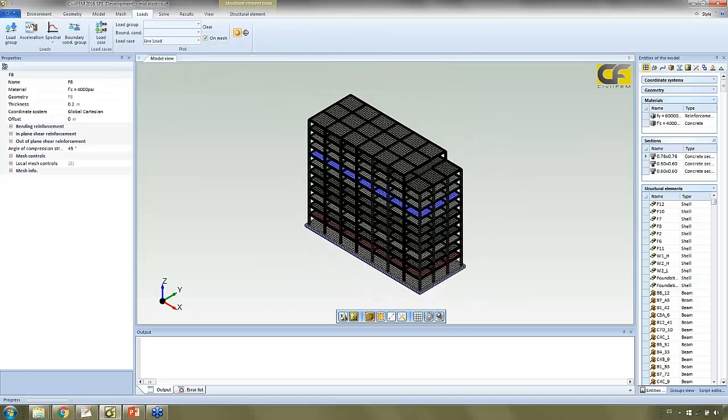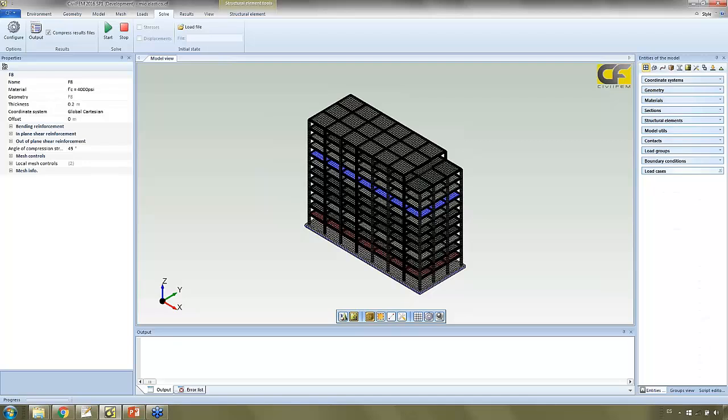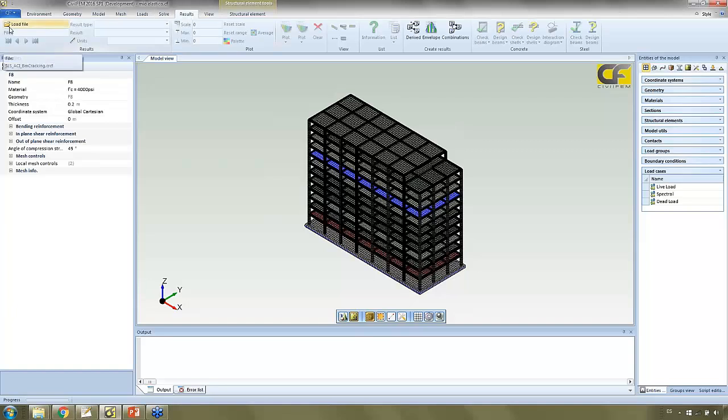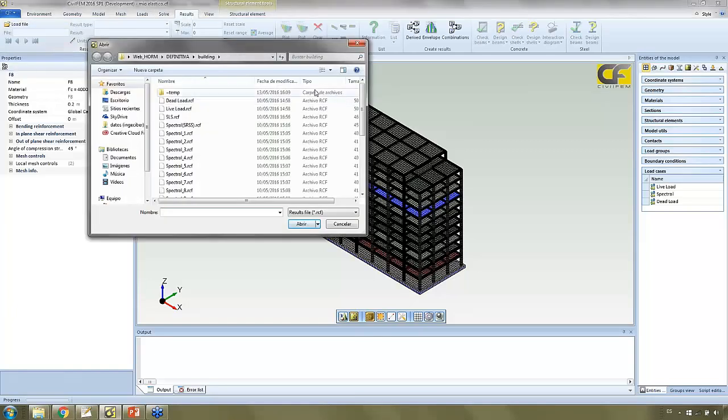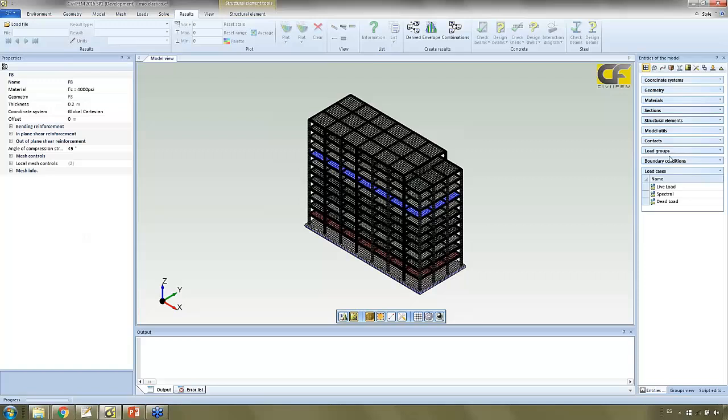Then after defining them, we press here solve. It's very important the name of the load cases, because the name of the load cases will be the result file names. So after solving, clicking here, we solve in elastic model way. We can open those results, and for example we have the spectral results, as we added here in the loads,